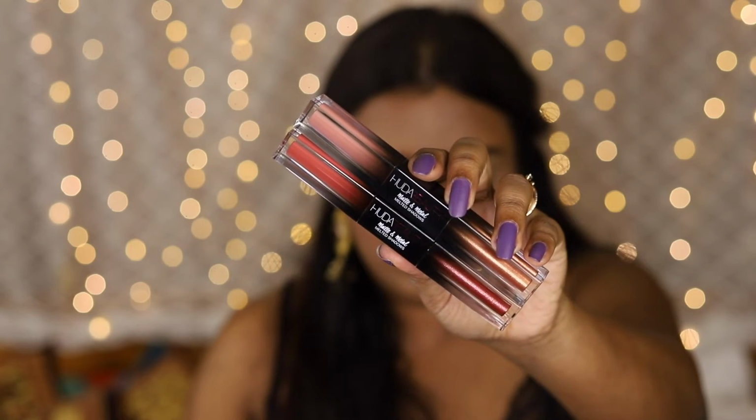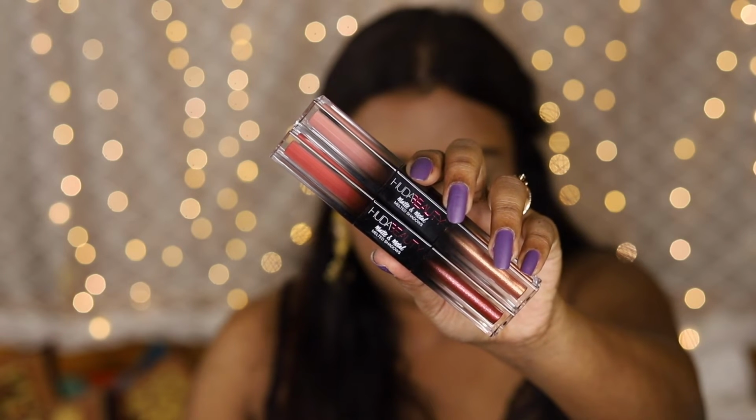So I have a couple more things. I have these two eyeshadows. These are the Huda Beauty Matte and Melted eyeshadows. So this one is more reddish and this is more of a mauve tone. So I'm gonna take first the shade Private Jet